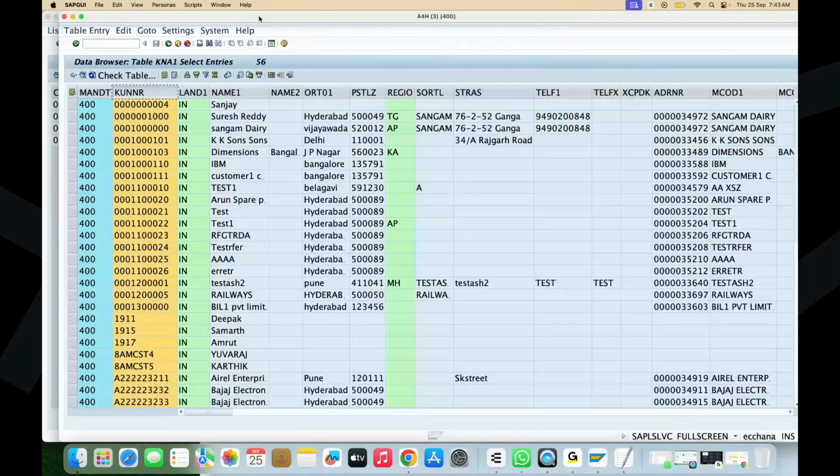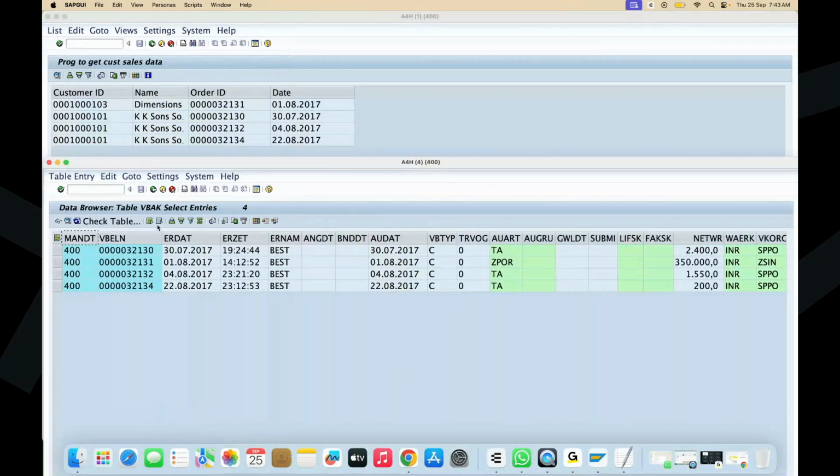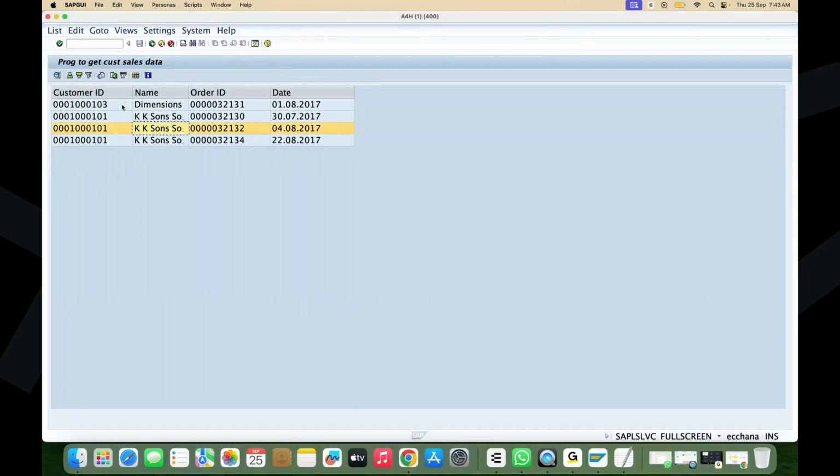Now you can see how many records are there. 4 records, and verify these records are matching with the output. So 32131, 130, 132, 134. So all the records are matching. Hence, our report is working good. And if you see here,